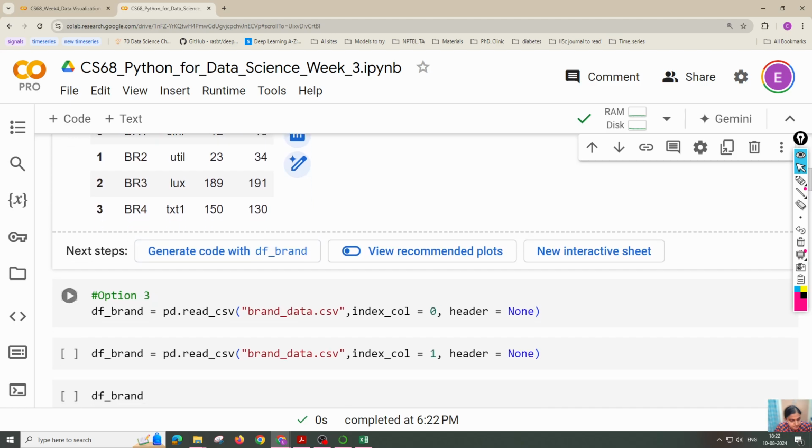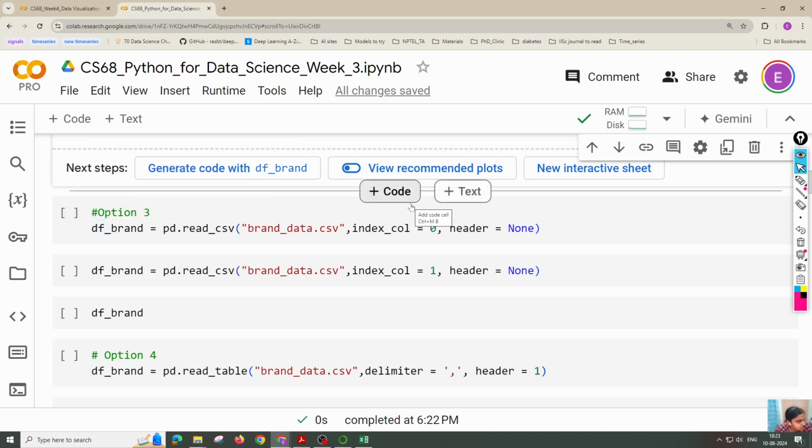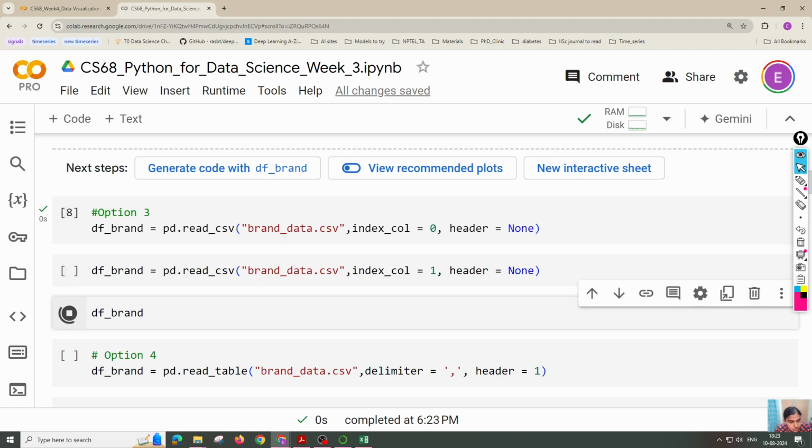All right, now option 3 is df_brand = pd.read_csv. Actually you are supposed to type it and run it. If you need time you can ask for it later. I'll share this file. Next time I will do it. df_brand is equal to pd.read_csv brands data, index_col equal to 0, header equal to None I have put. So if I am running this particular data, just for showing,